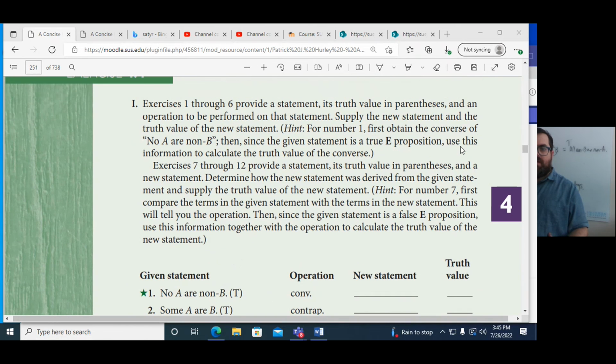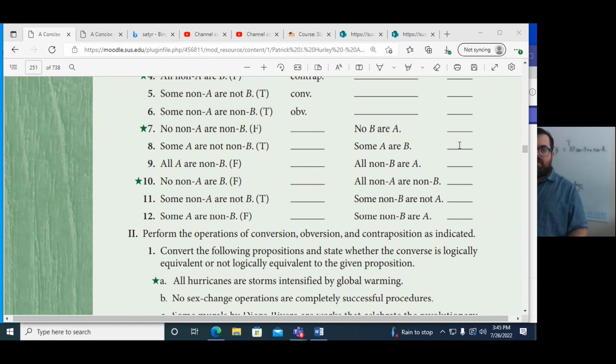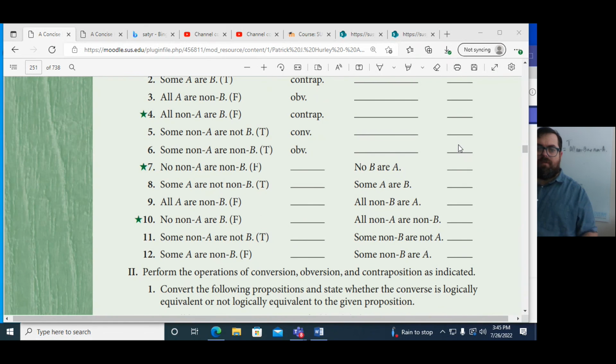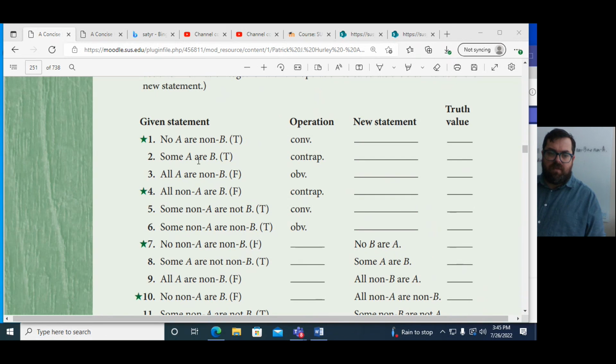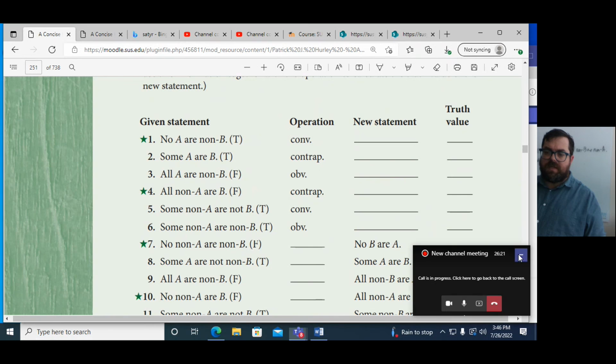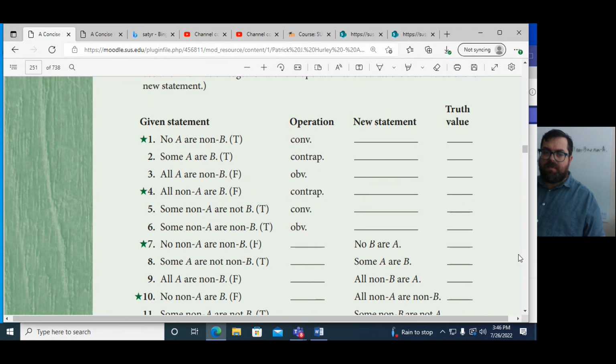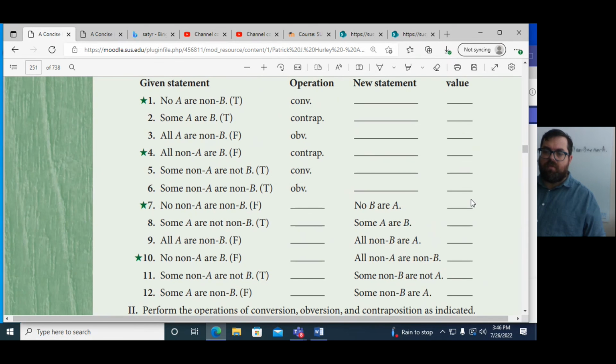So this is the one we're doing, this whole chart, the 12 of them, right? And then they give you these sample problems and these operations that you're supposed to do to these, and you're supposed to know them. And then you could say what the truth value is. Now the truth value only here tracks logically equivalent statements, right? There might be things that you just don't know. If you want, just put a question mark there.